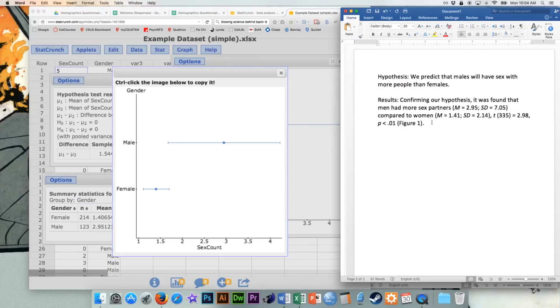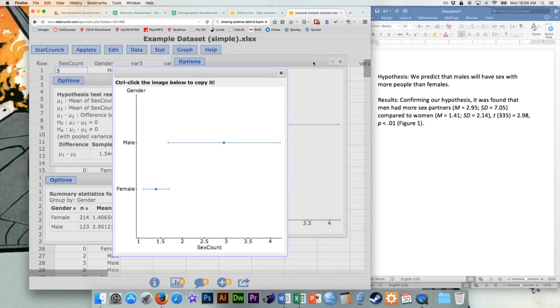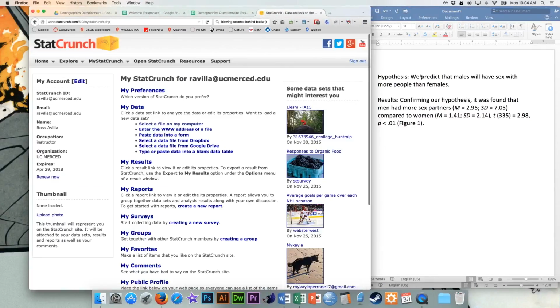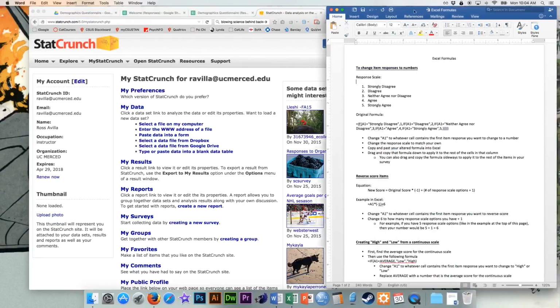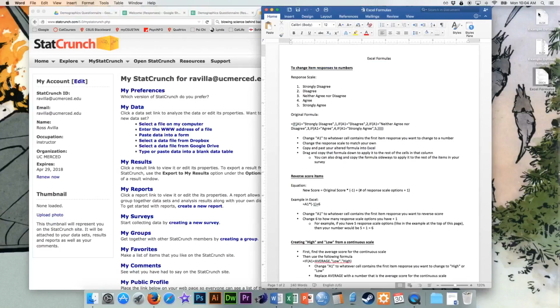So that was a case where our data set was very simple. We already had a continuous dependent variable and a categorical independent variable at 2 levels. But let's go to our more complex data set. In fact, let me go ahead and close all this out, minimize this. So for our more complex data set, which we have over here,